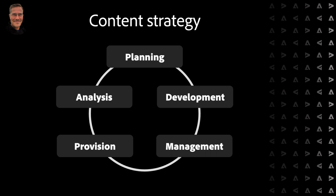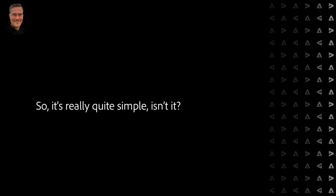So it's a never-ending story where you always want to cycle through that life cycle of that content strategy and make it better and improve it and get better over time. So I try to bring that idea of the PDCA cycle a little bit into that content strategy picture here. So it's really quite simple, isn't it? Well, the problem is